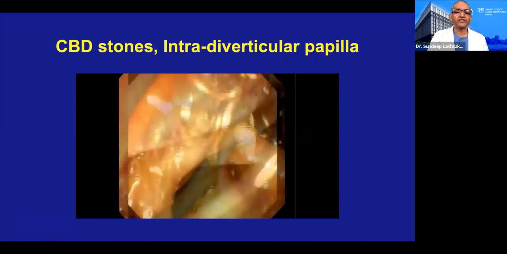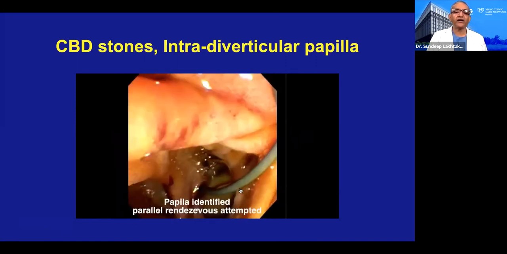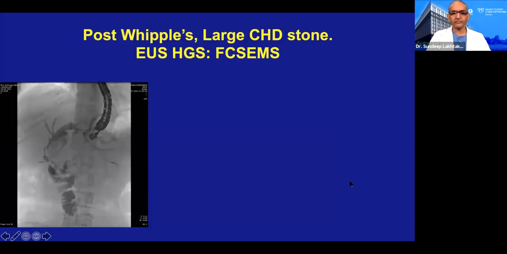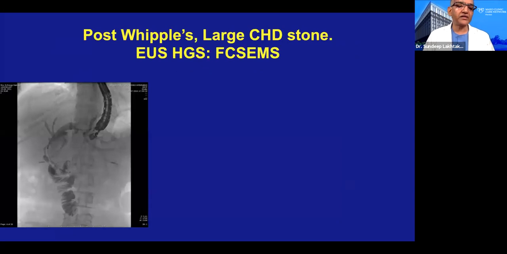And then you see the papilla still not clearly visible. It's deep inside, and parallel rendezvous was done after that. Let me show you one more example of a patient who had a large hepatic duct stone, common hepatic duct